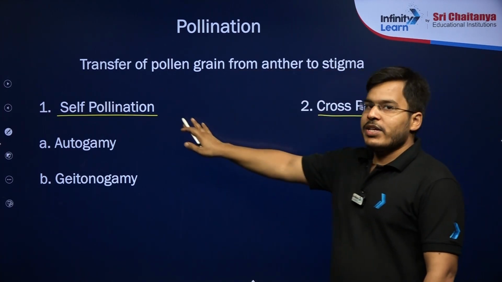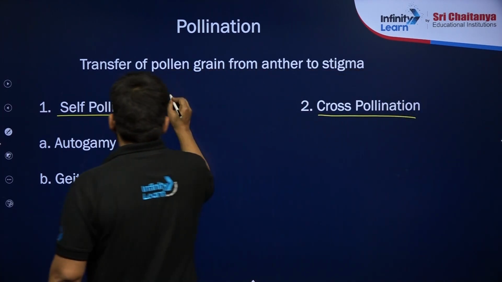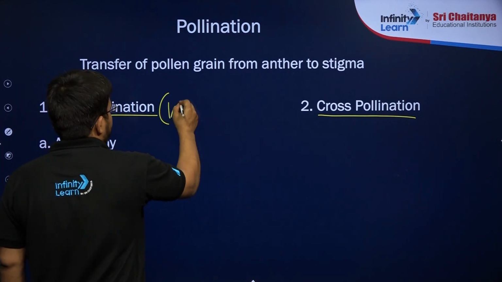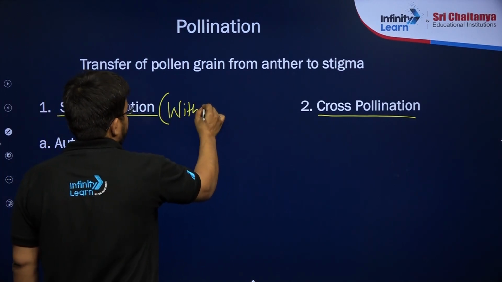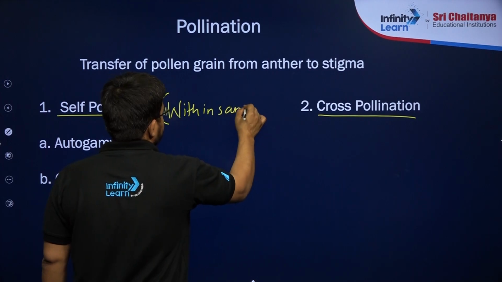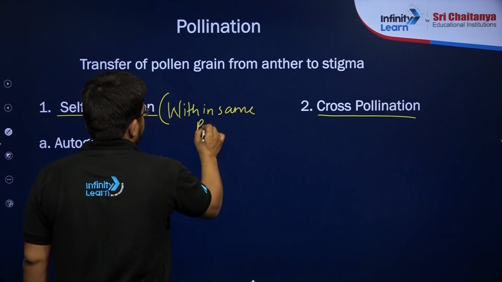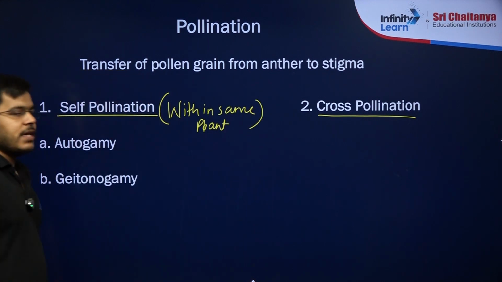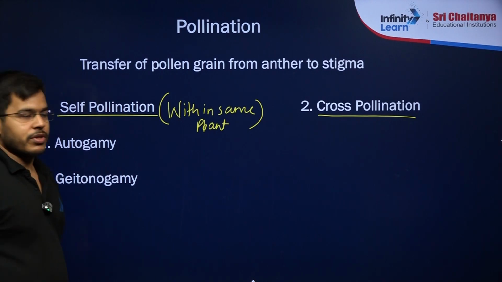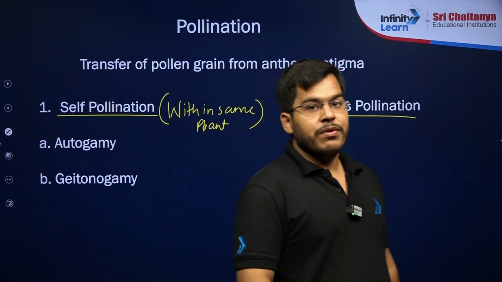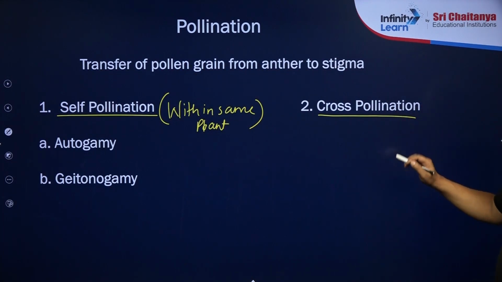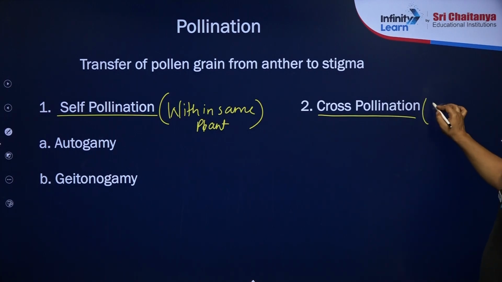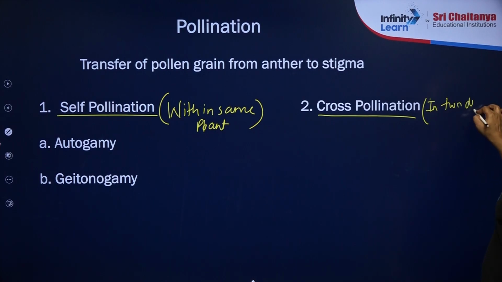So what is self-pollination, students? Self-pollination is a kind of pollination that happens within the same plant. So if pollination is happening within the same plant, it means the anther and stigma are both of the same plant, and then it is self-pollination. And if it is occurring in different plants, this is cross-pollination. So if occurring in two different plants,